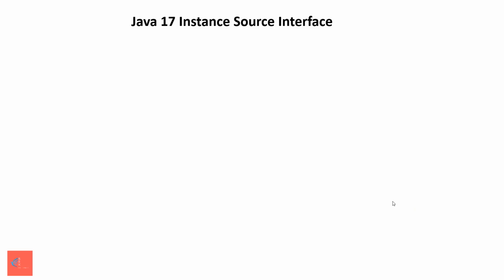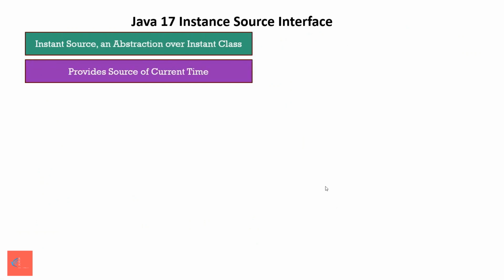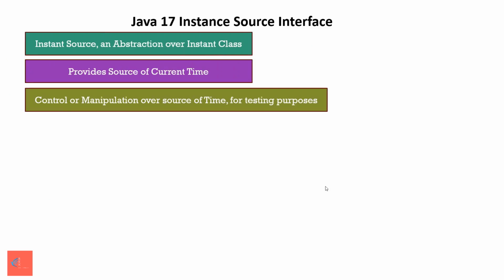Let's talk about the InstantSource feature in Java 17. InstantSource represents an abstraction over the Instant class. It provides a source of current time in the form of an Instant. It can be useful when you want to control or manipulate the source of time in your application, especially for